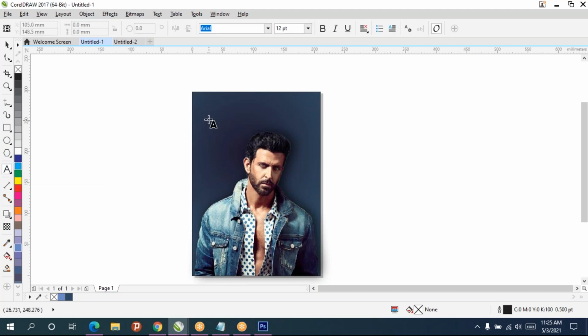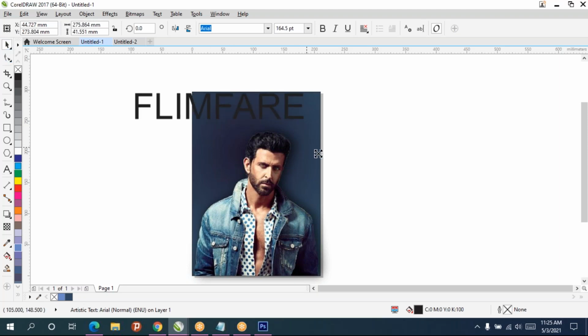Then I'll take the text tool and type a text. I'll select the text and make it bigger.